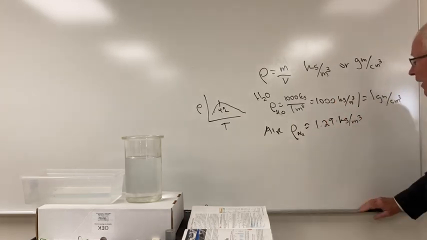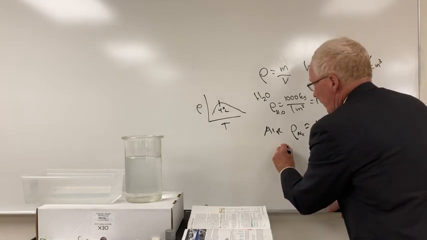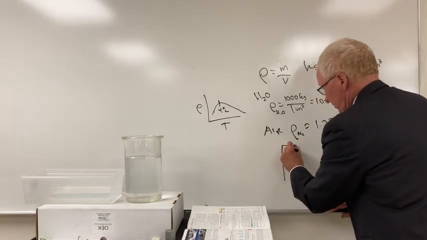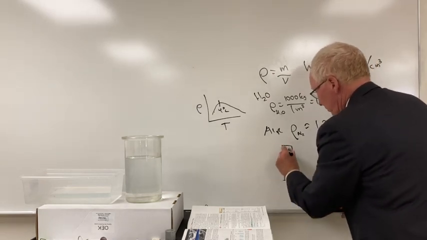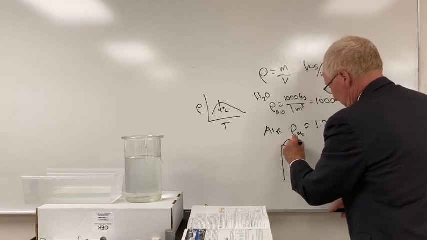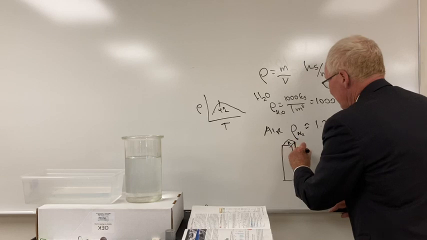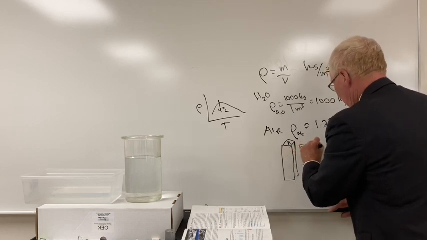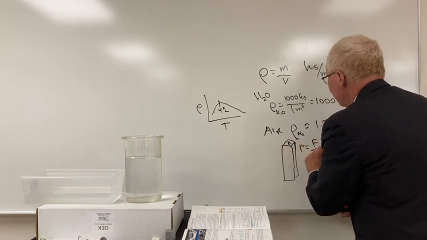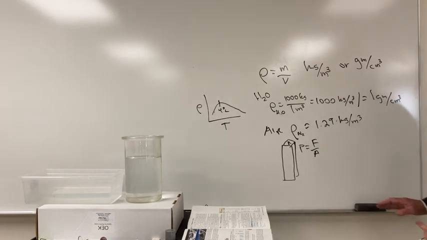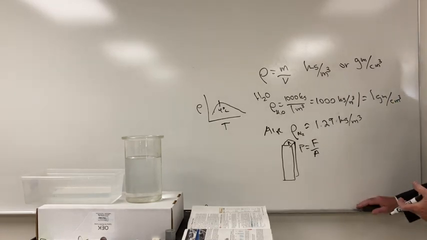So it's about 1,000th the density. All right? So when we talk about pressure, though, of air, or pressure at all, pressure is force over area. And how we define this then is,